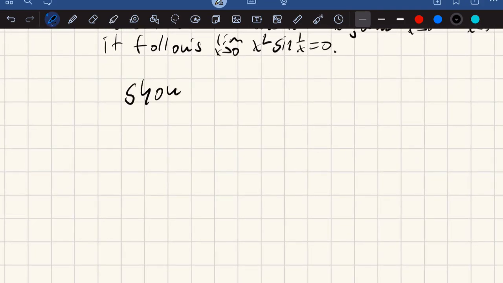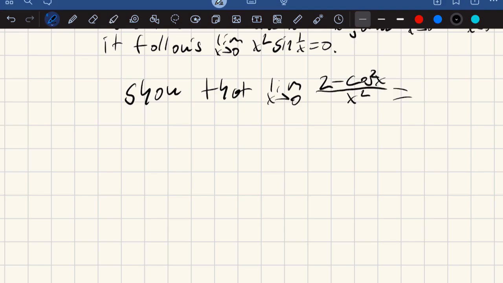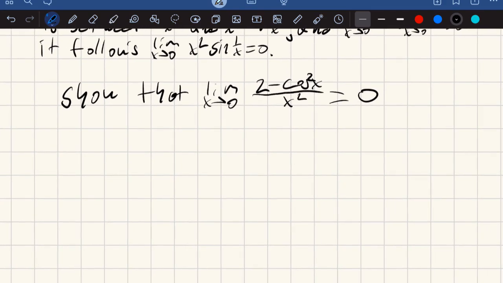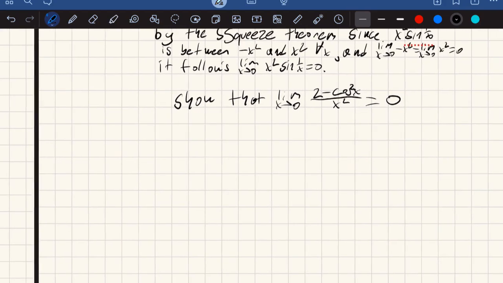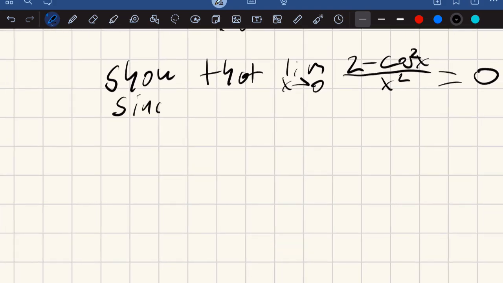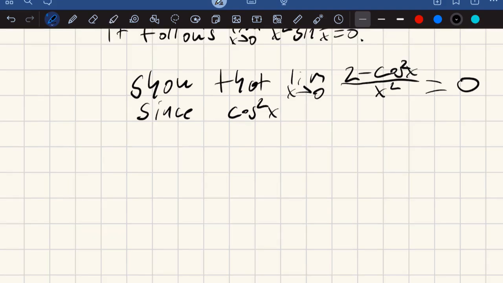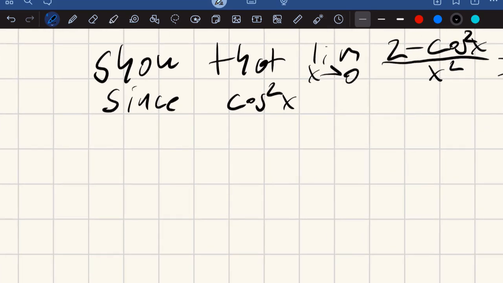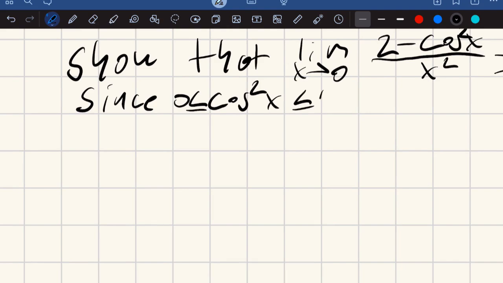Show that the limit as x goes to 0 of x squared times 2 minus cosine squared x equals 0. Our trig function is now cosine x, so you would say since cosine squared x, this time you can't use the absolute value because it's not -1 to 1, it's 0 to 1. So you would say since cosine squared x is between 0 and 1,